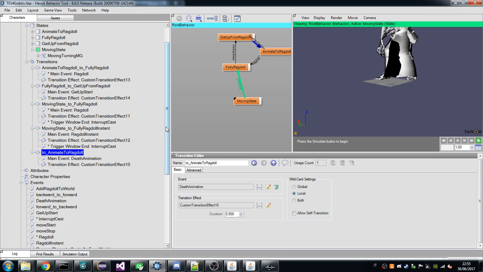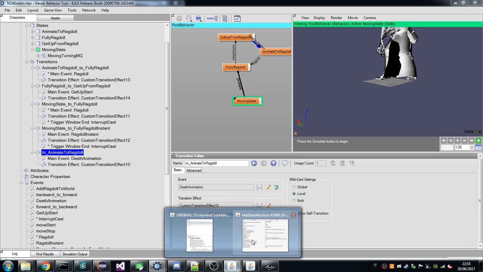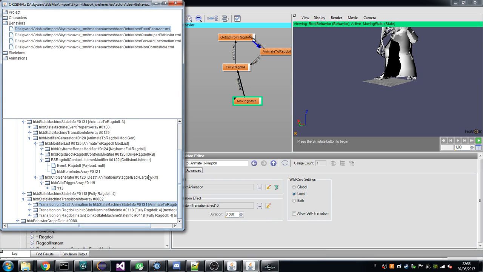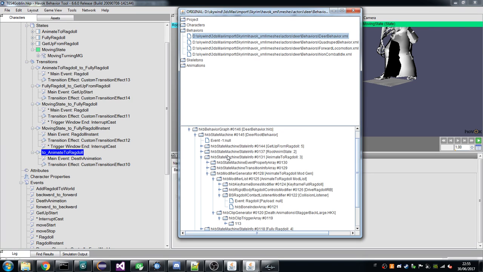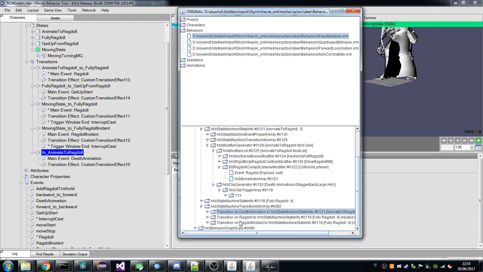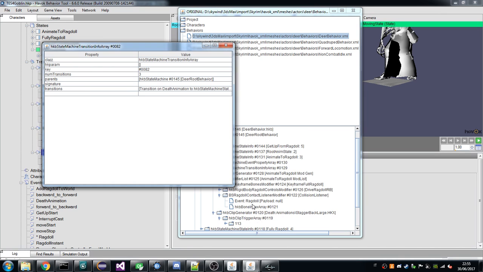And maybe it's not the same single transition we have to fix. Let's see. So yes, both that animation, ragdoll, and ragdoll instant, they're all